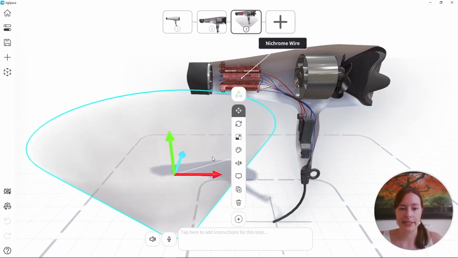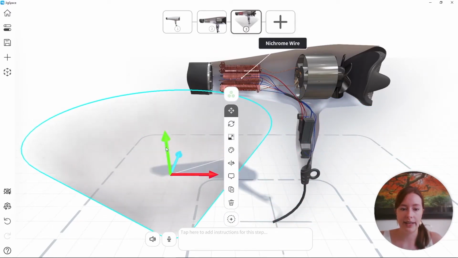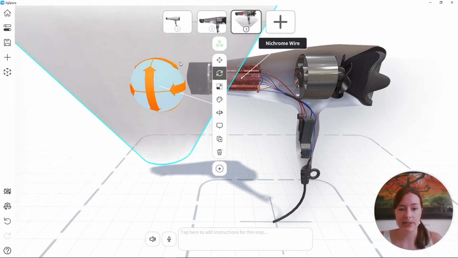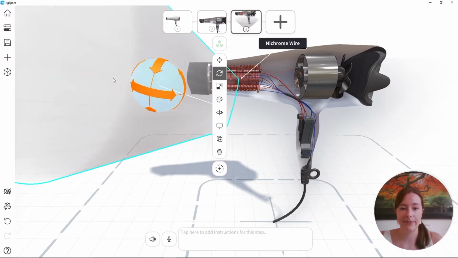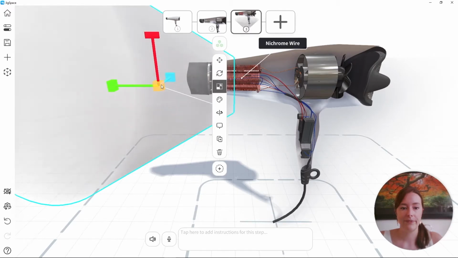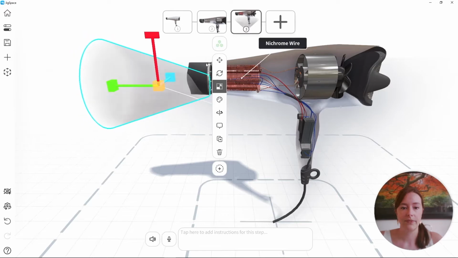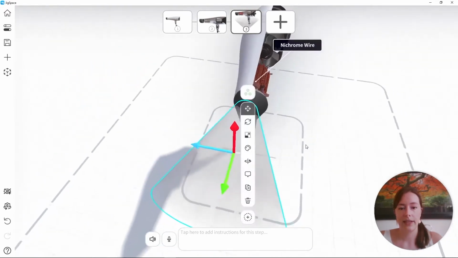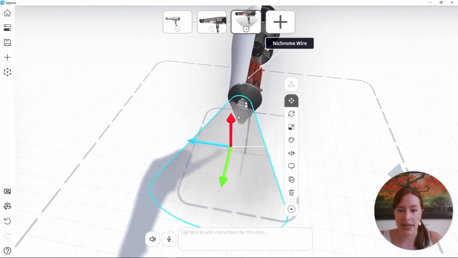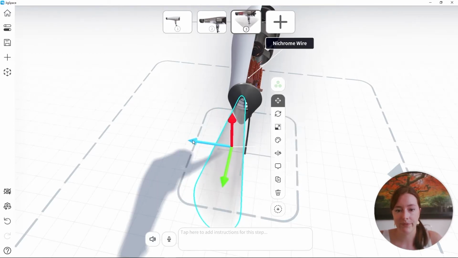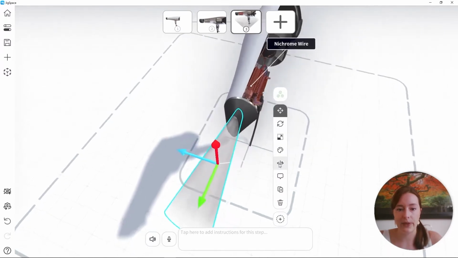And now I'm going to position this at the end of the hairdryer. Again, I'm pressing Shift to snap my rotations. Now I'm conscious of the fact that the nozzle narrows at the end, so I'm also going to snap its scale and draw that in and position it right at the nozzle front.